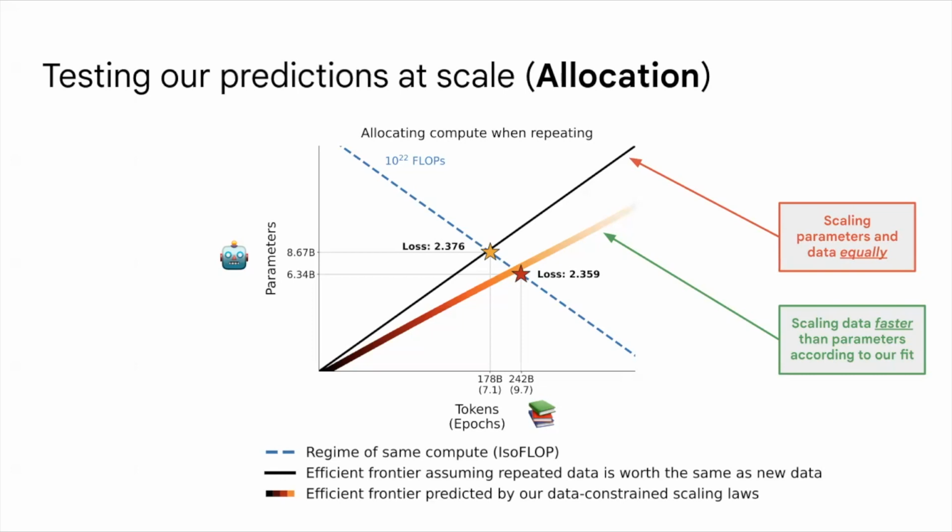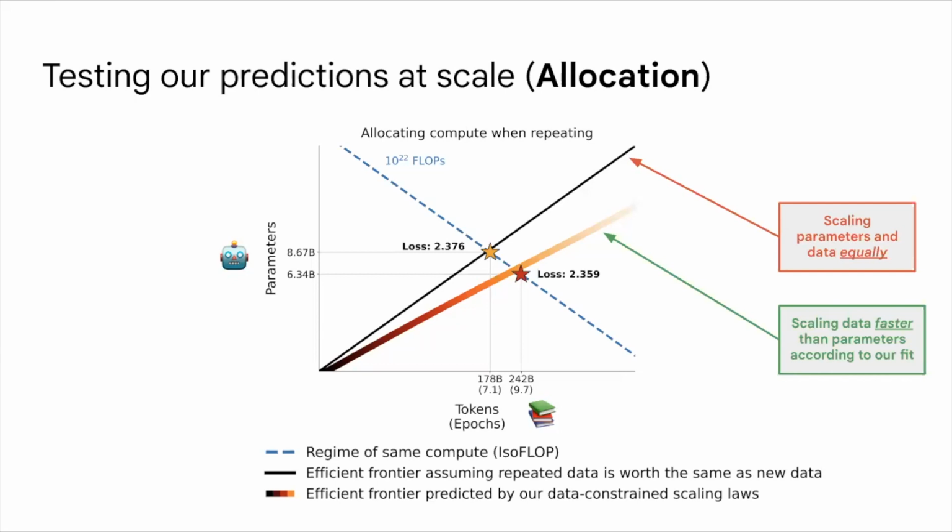Nicholas, may I ask you, so on this one, 178 billion tokens, right? This is not new data, right? This has been repeated, you've mentioned. Yeah. So it's repeated for 7 epochs, 7.1. Okay, I see. And the 242, it's actually repeated for longer, right? It's 9 epochs, right? Yeah. Okay. So the unique data is the same. It's just the repetitions are different. I see.